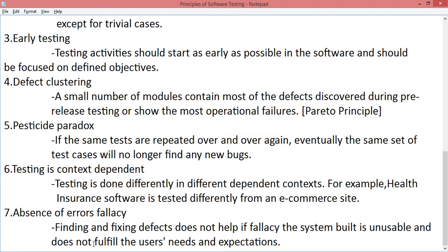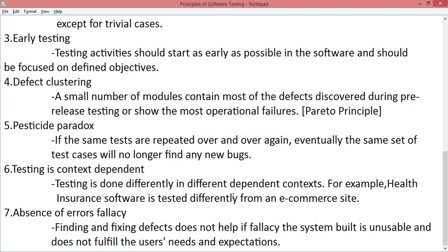Absence of errors is a fallacy. Finding and fixing defects does not help if the system built is unusable and does not fulfill the user's needs and expectations. So the testing activity is not only identifying defects but also ensuring the customer's needs and expectations.